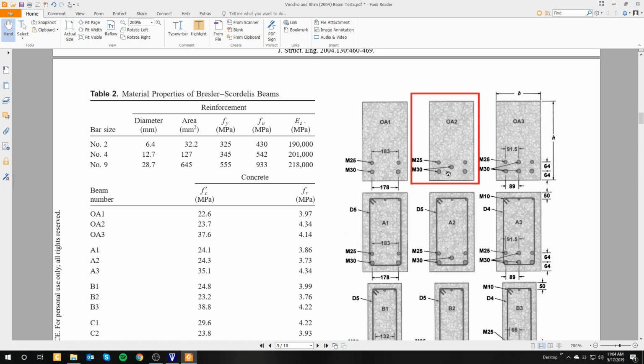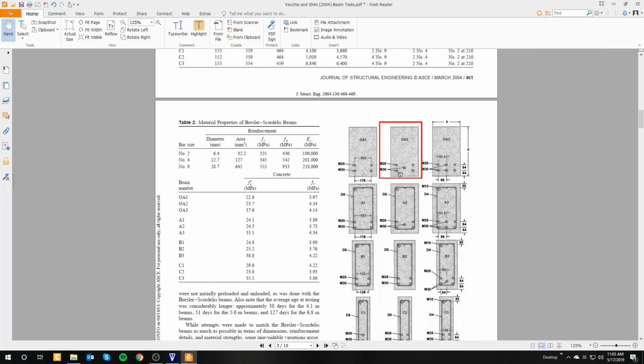So we have 3 layers here. For example, this bottom one will be bundled into just one layer. So the layer will have the aggregate area of these 2 M30 bars. The second layer will only have 1 M30 bar, and then the third layer will have 2 M25 bars. So let's do the first layer first,